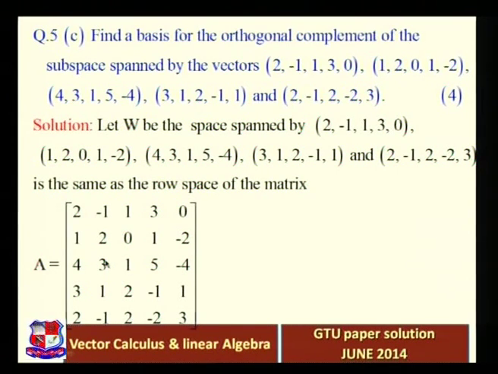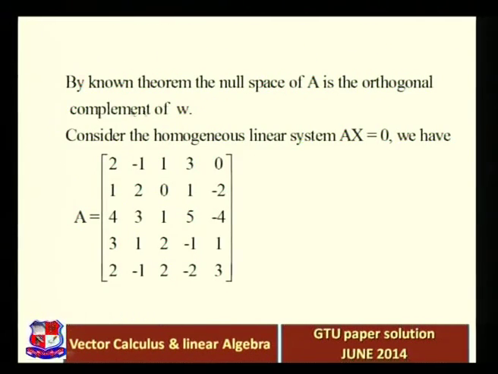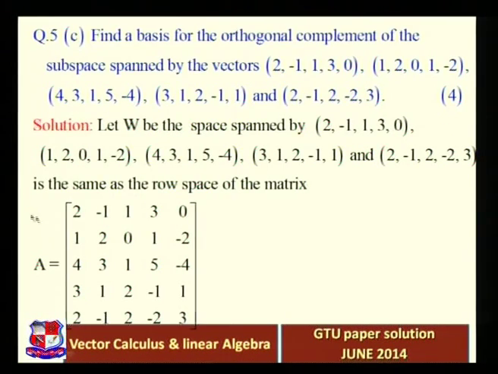For that, there is one important theorem, that the null space of A is exactly the orthogonal complement of W. You can see by the known theorem that the null space of A is the orthogonal complement of W. So definitely we have to find the null space of A,